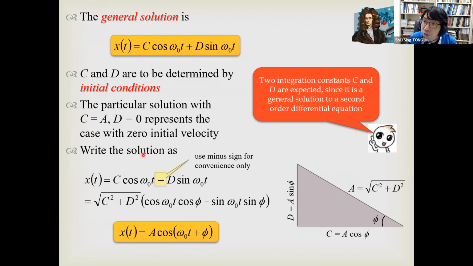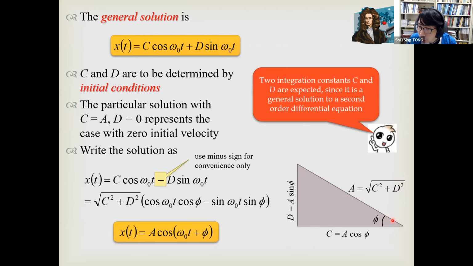Now we can have another form of the solution. Instead of writing it as C and D, we can also write the solution in terms of the amplitude of oscillation and the phase. Now, how do we do that? We draw such a right angle triangle, with the base equal to C, and the vertical side equal to D. Okay. Now, if we assume this angle to be phi,